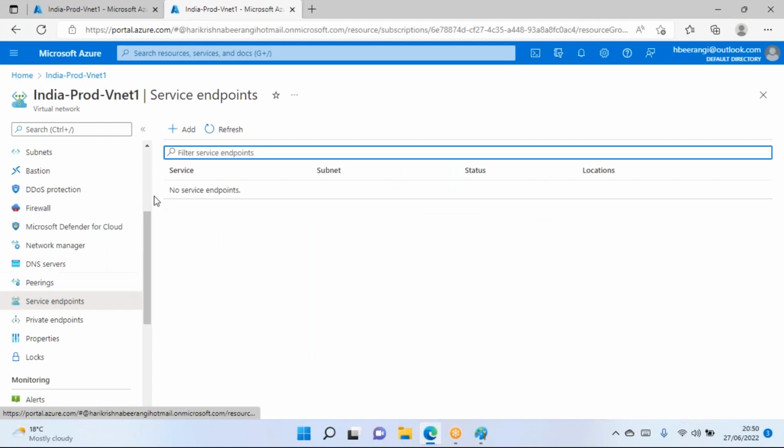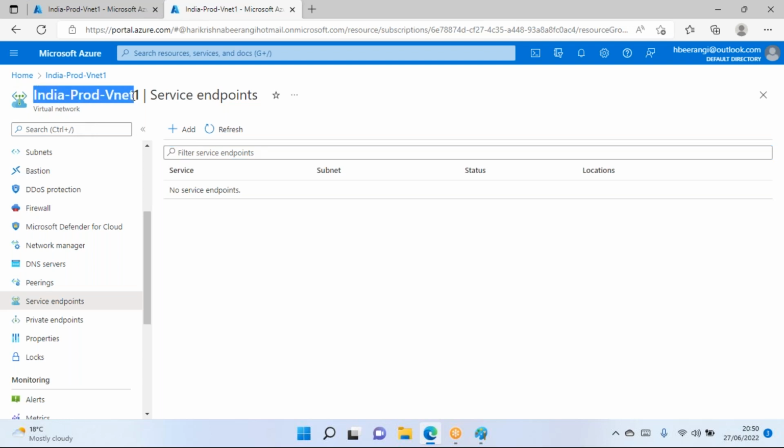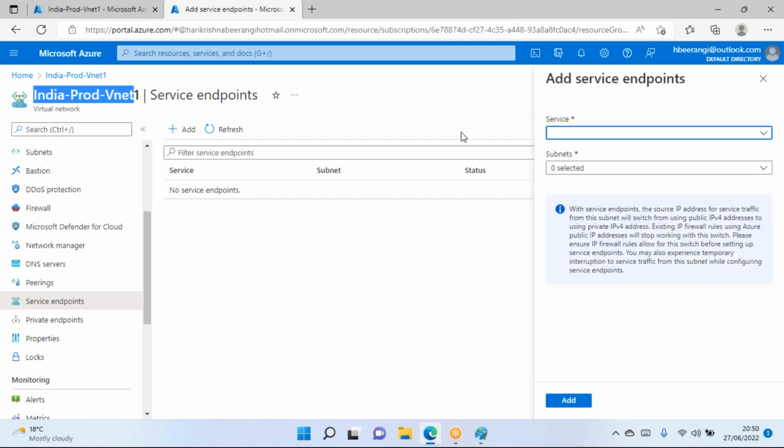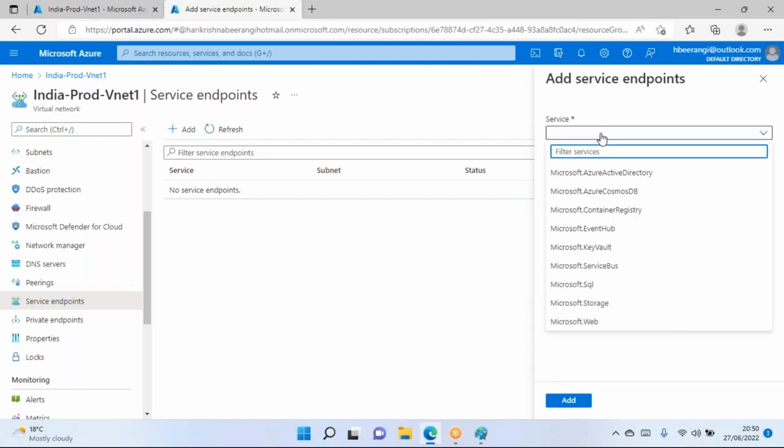Okay, so now service endpoints, click on add. Even at the time of VNet creation itself, మనకు అక్కడ కనిపిస్తాయి అన్నమాట. Let's try it now. ఏ సర్వీస్ అలో చేయాలనుకుంటున్నావు ఈ VNet నుండి? Let's say